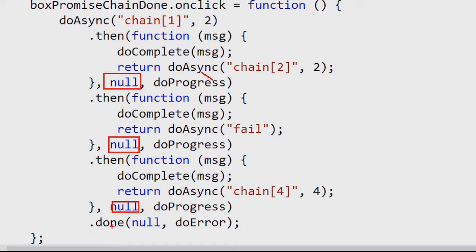However, on my done method, I'm now passing in, and this is getting really crazy, a null where I should have put complete, and now I'm handling an error. That's crazy. If you think about it, we're saying no errors, no errors, no errors, and then at the very end when we're done, I'm not going to even give you a complete behavior, but I will give you an error one. Well, the reason for this, and the reason why I have it on the screen like this, is because I want to make sure that it's understood that when you're doing chaining,